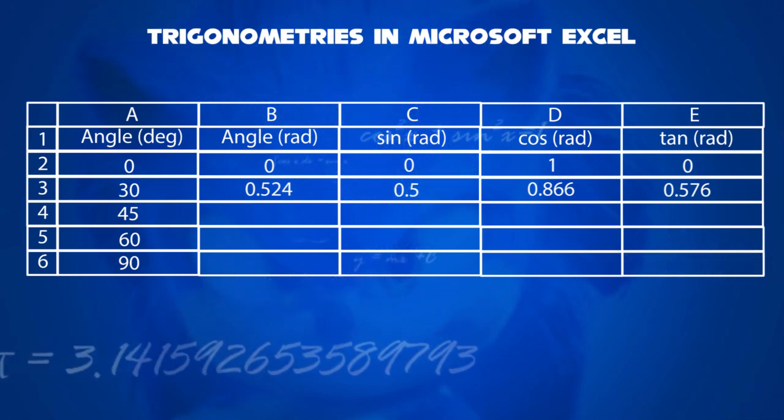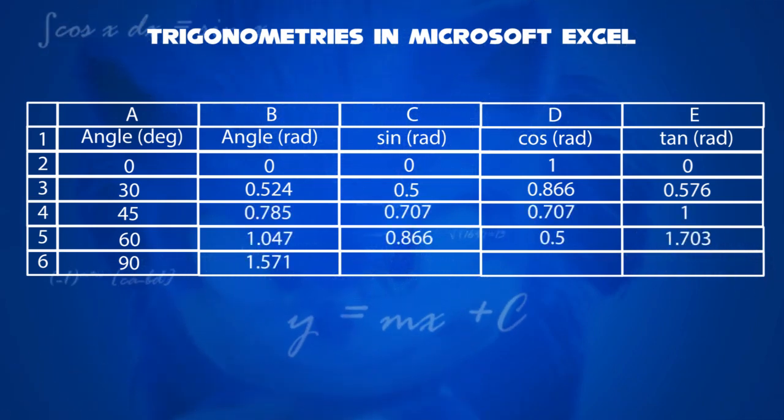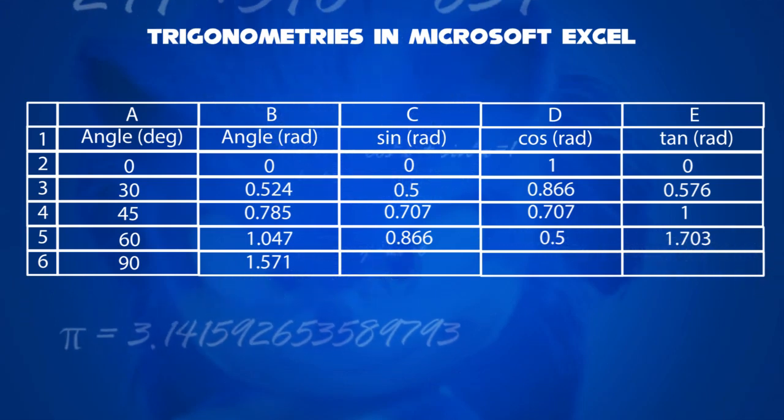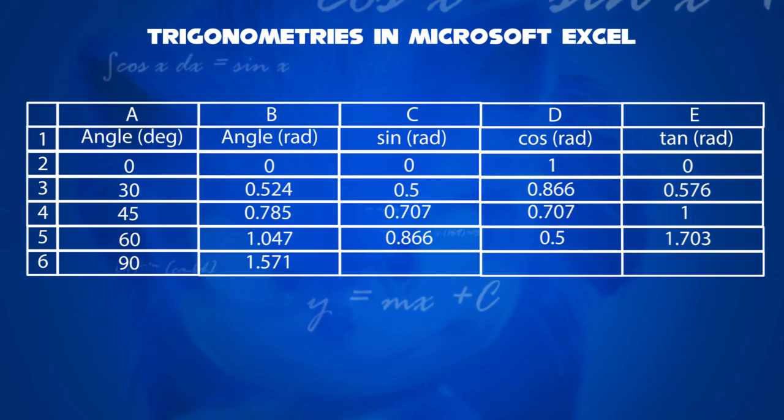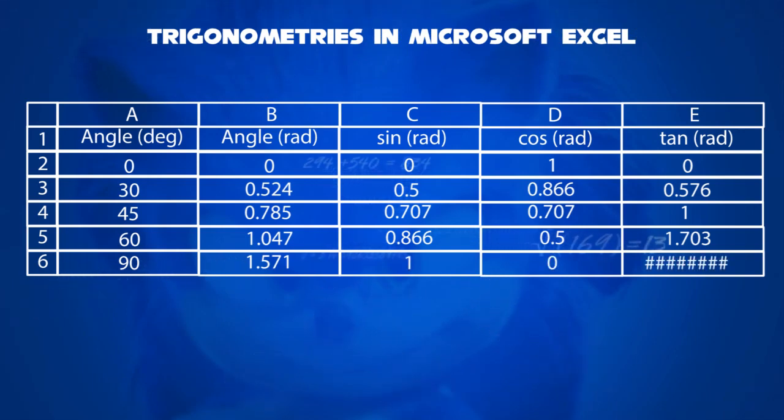Then, we can repeat the process for the degree value 45, 60, and 90. At 90 degrees, the radian value is 1.571. Sine 1.571 is 1, cosine 1.571 is 0, and for tan 1.571, we get a spilled range value with numerous